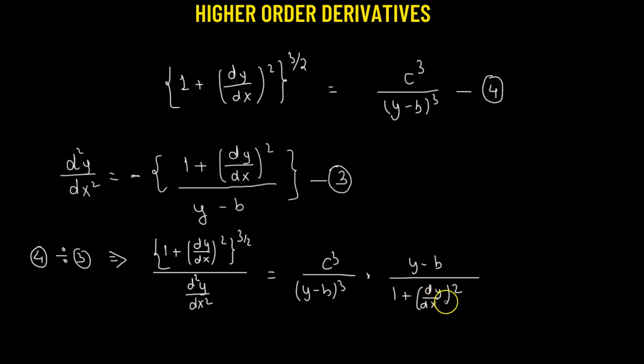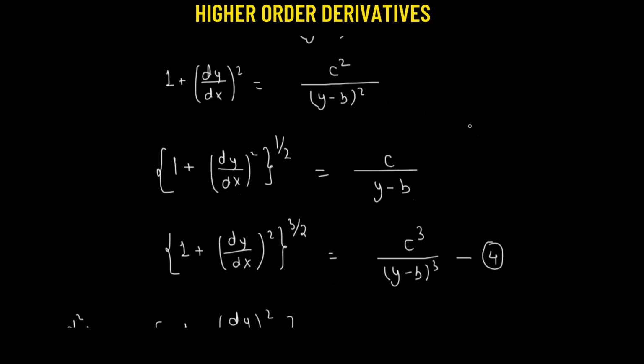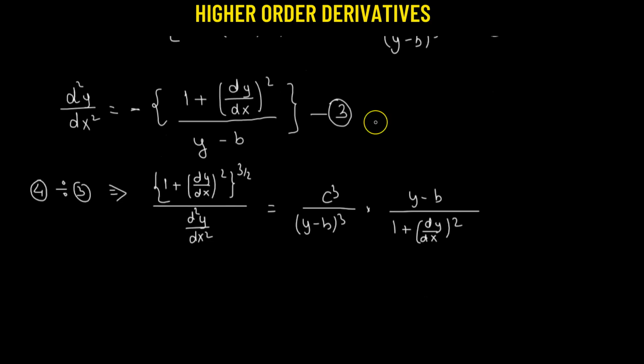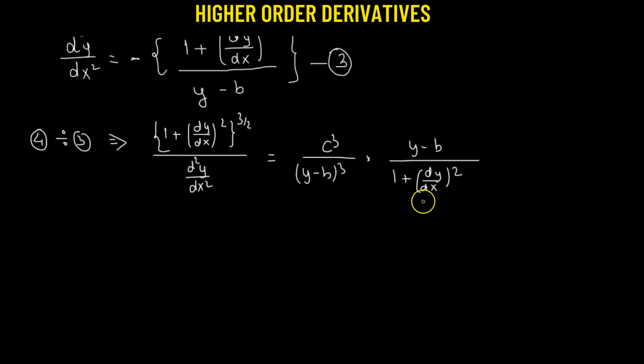Fine. Now for 1 plus (dy/dx) squared, while trying to find the value of equation 4, we had an expression for this, which was c squared divided by (y − b) squared. So we will use this in place of this value. That means we have c squared multiplied by (y − b) squared. Now we'll see that some terms will get cancelled out. Here c and c will get cancelled out. We have (y − b) times (y − b) squared, which becomes (y − b) cubed. That gets cancelled out, and that leaves us with